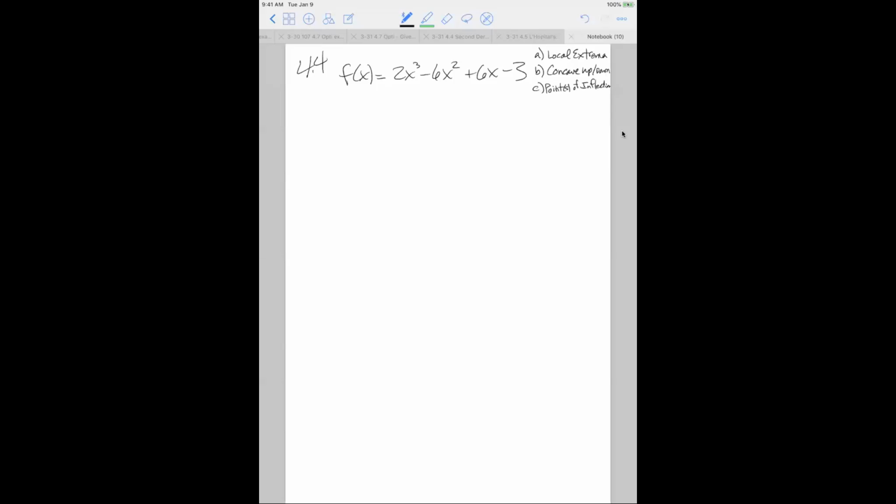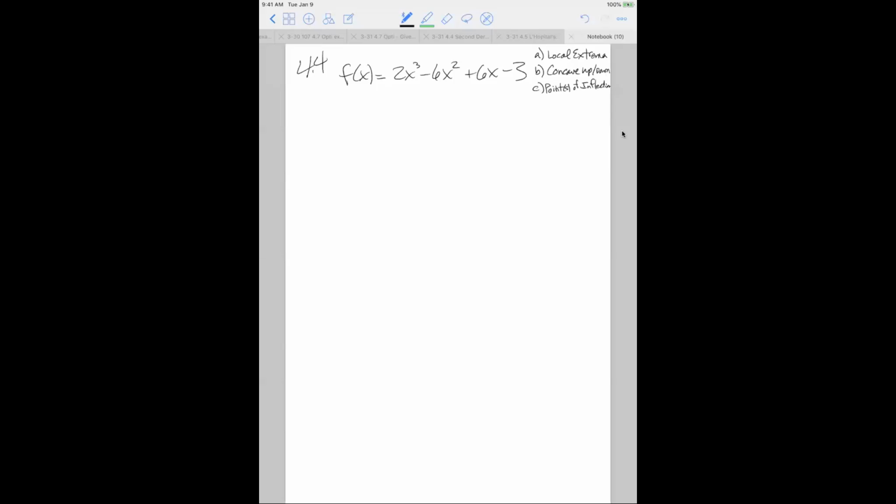Okay, let's solve another problem from section 4.4, dealing with local extrema, concavity, and points of inflection. What I want to do is go ahead and open up my iPad and solve the problem from there. So the problem is that you're given this cubic function, and we're asked to find the local extrema,